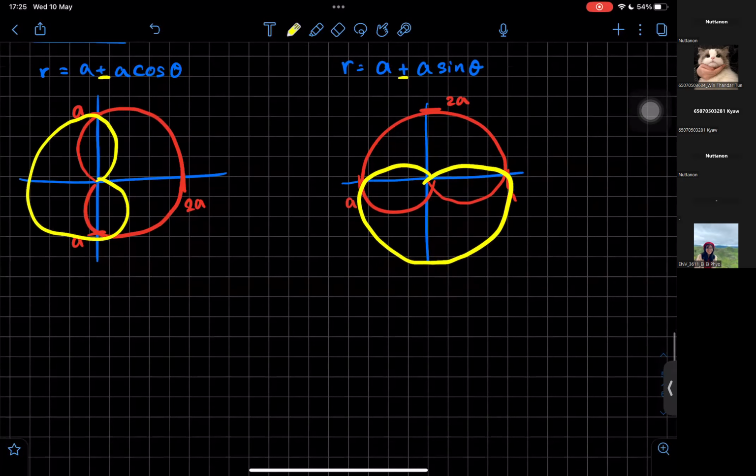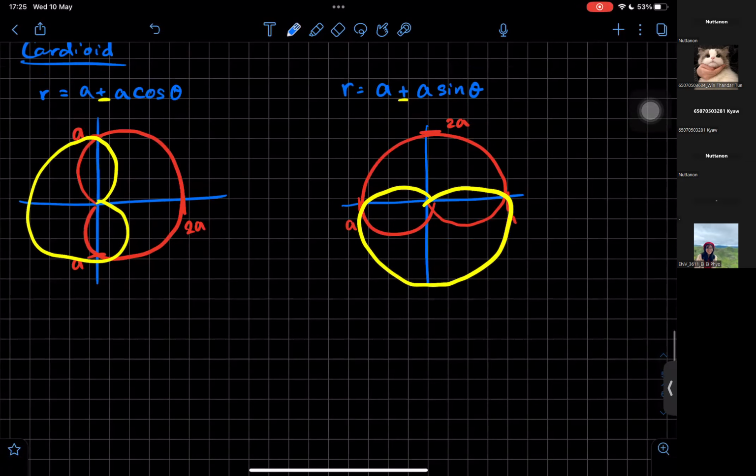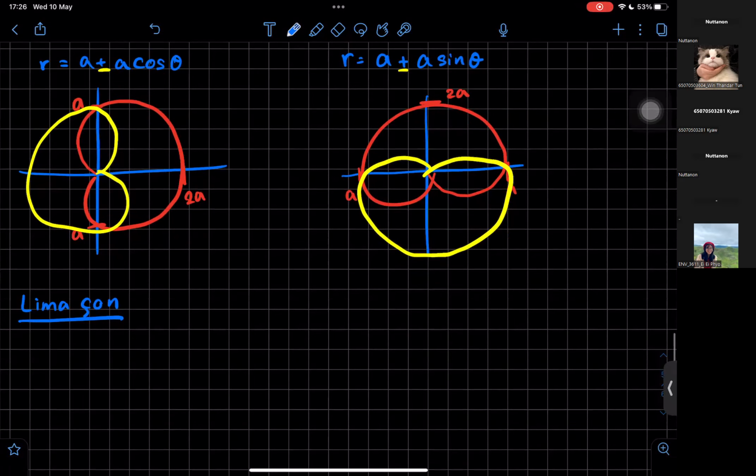And the last one is called the limaçon graph. The limaçon, there are two types. Limaçon is r equal to a plus or minus, and r equal to